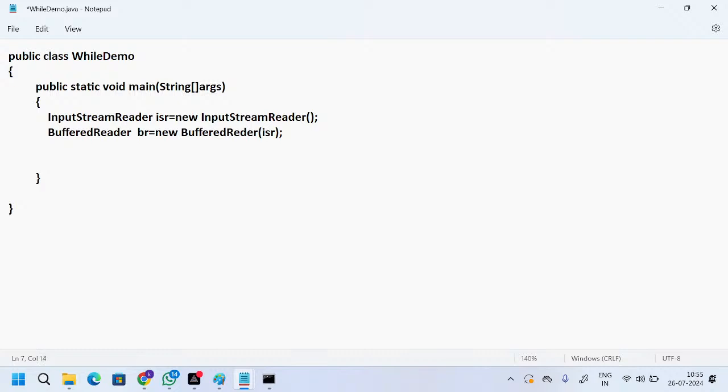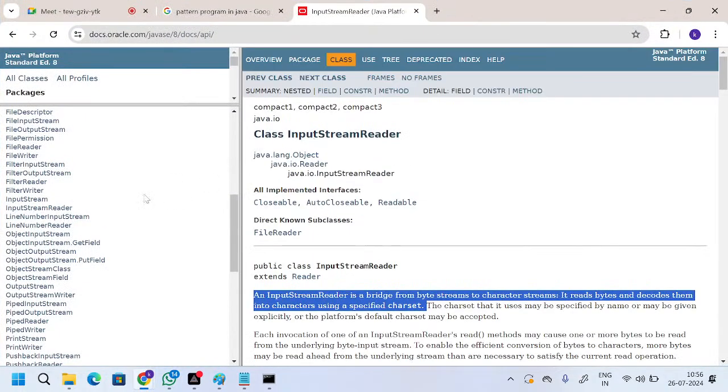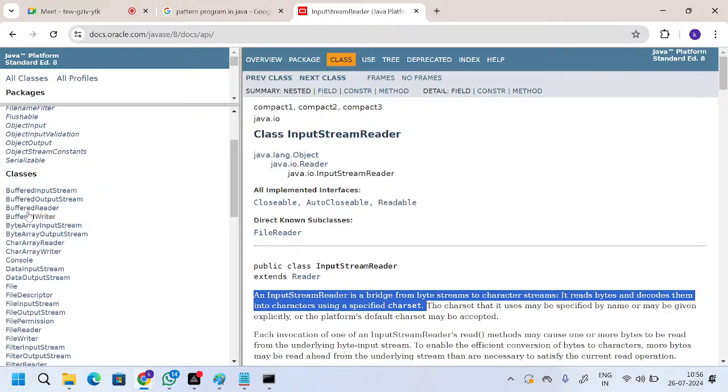The next thing is we need to read the data from the keyboard. So how will you read the data from the keyboard? So br.readLine. readLine is the method which is available in BufferedReader, right? So if I go to BufferedReader,